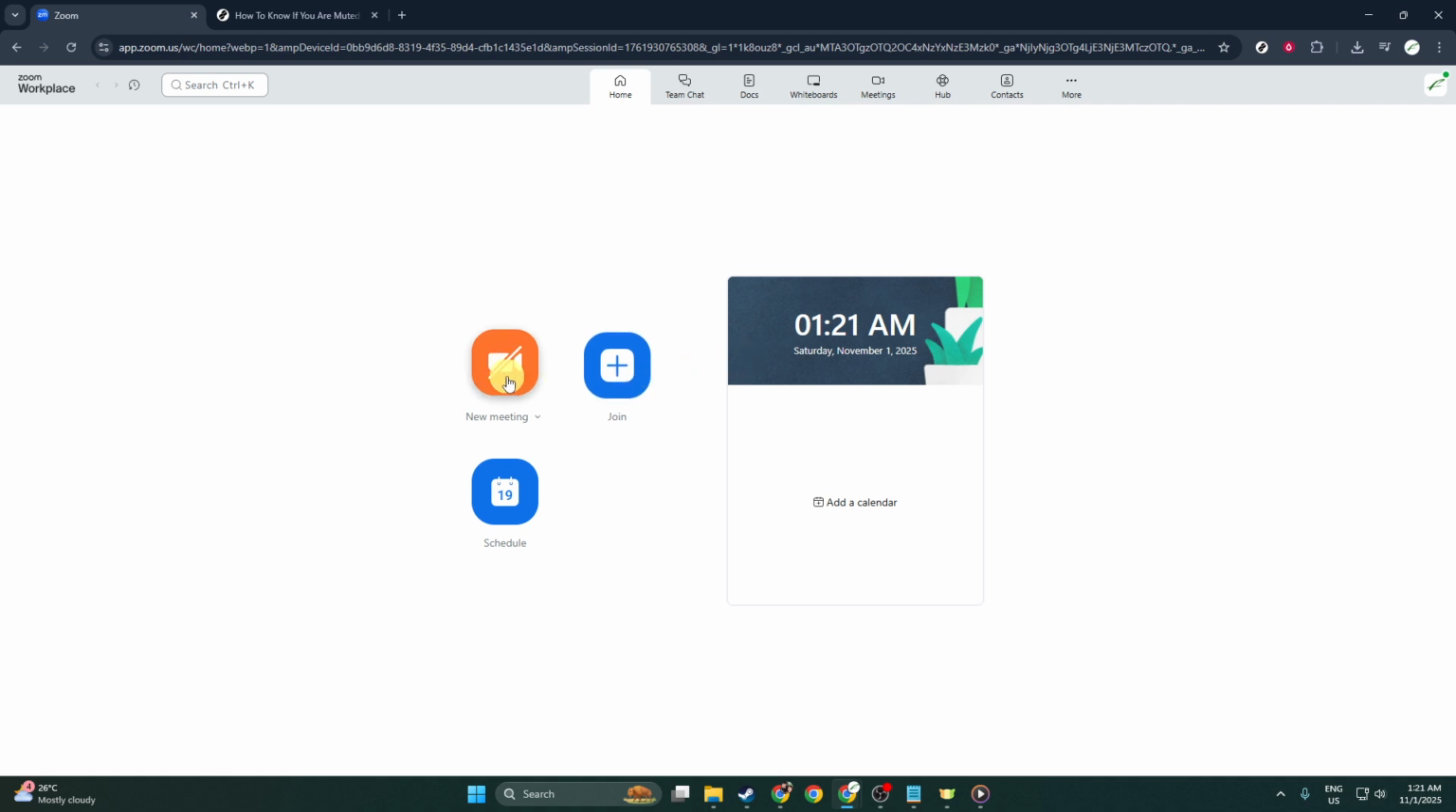Next, locate the New Meeting button. By clicking on it, you initiate a new Zoom session. This allows you to enter a meeting environment where you can see all the tools and icons available, including the